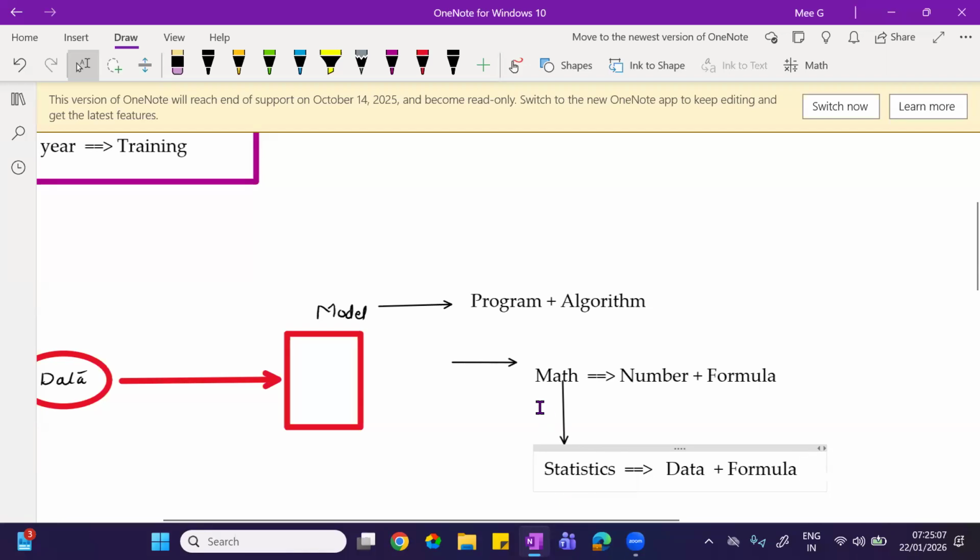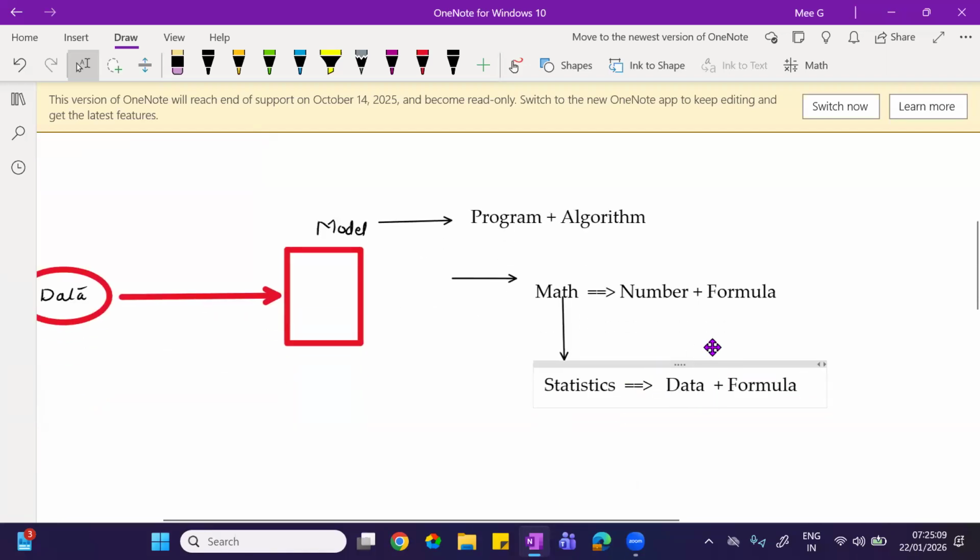Now, when you are implementing this formula, there is no need, directly we can implement the formula. But in this case, whenever we want to implement the formula, we have to follow some steps. It's a step-by-step process of implementing the statistical formula to solve a specific problem. This is the algorithm definition from the AI perspective.